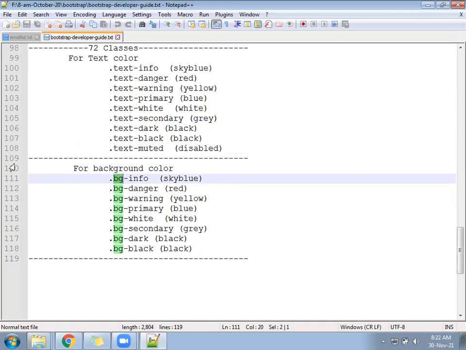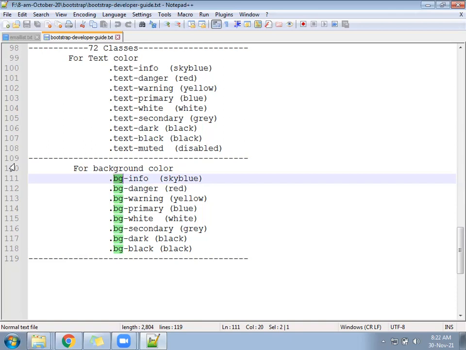So these are all the classes we have written. Now we are going to understand the grid system first. After understanding the grid system, we will come to the remaining other classes.